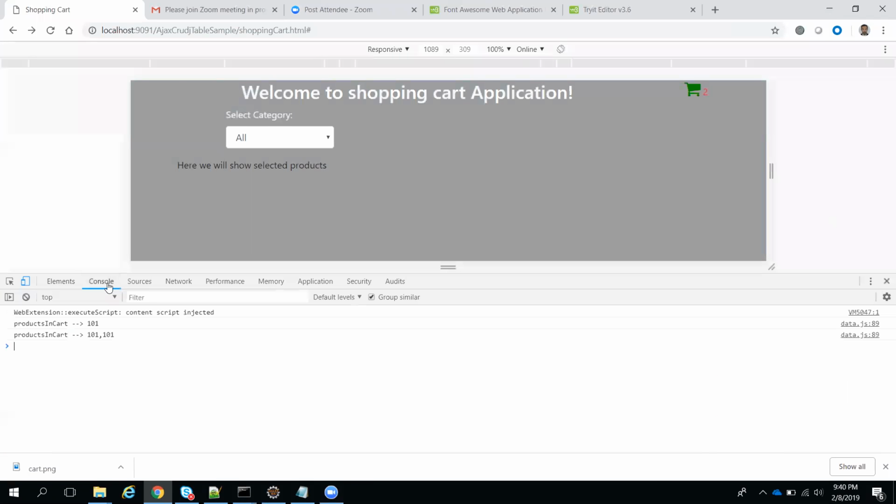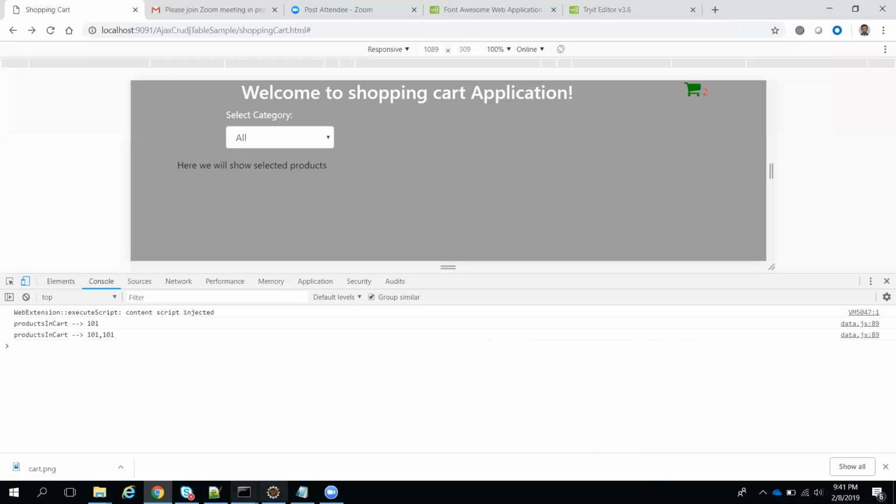What I'm planning to do, I will explain. See products in cart: because I clicked the same add to cart 2 times, the same item was added 2 times. This array contains 2 items, products in cart 101, 101. Now in the summary page I need to show the information related to this 101, like the image. And since 101 appears 2 times, the quantity is 2, and then the price of the 2 products. I want to show that, and at the bottom, place the order. This is my requirement.